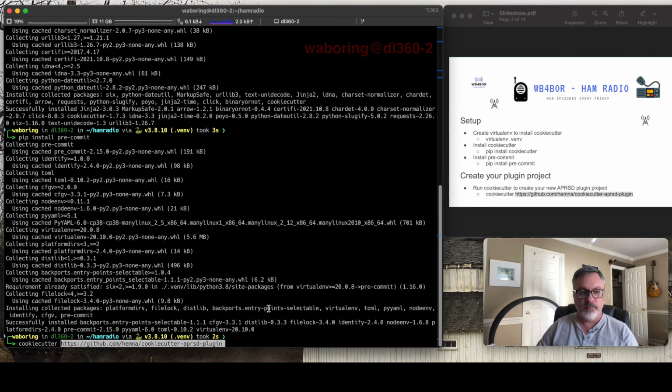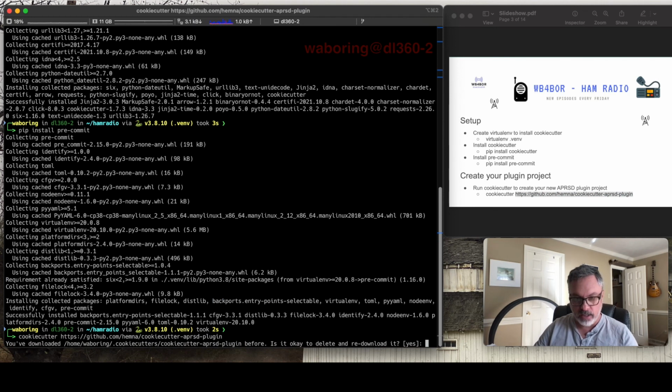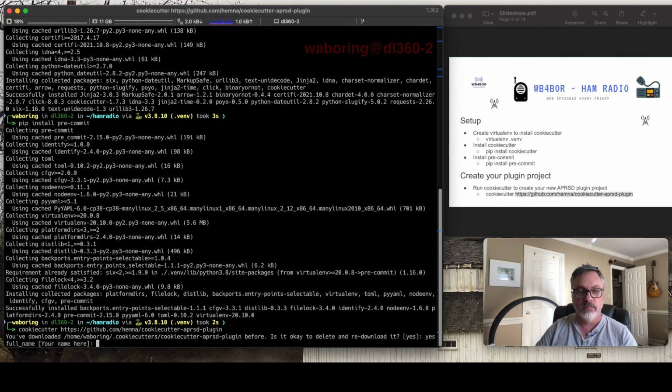paste it in here, and if you've done this already before, it's going to ask you if you want to download it again. I'm going to do it again. All right, so the next thing it does is it walks you through the template process of creating your project, and it's going to ask you some questions, and those questions are going to be populated inside of the plugin project itself. So my full name,